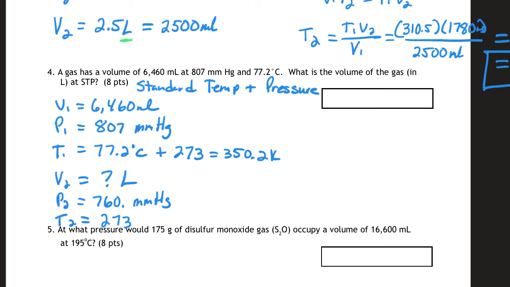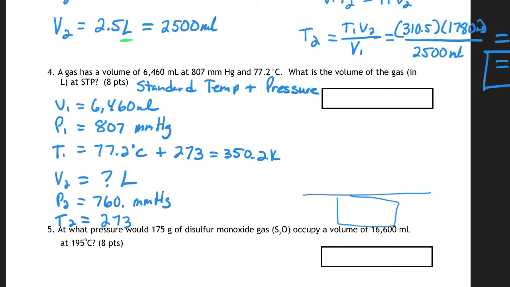All right, so let's take a look at this answer step by step. I'll zoom into what I did. The first thing is that I'm using the combined gas law because I have all of those variables, and V2 is my unknown. So I cross multiply, which gives me this right here. Then I isolate my variable, which gives me this version of the formula. Then I substitute in my numbers,